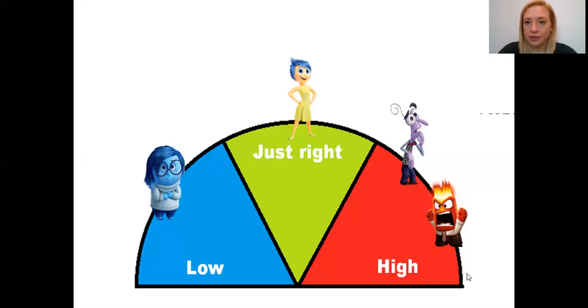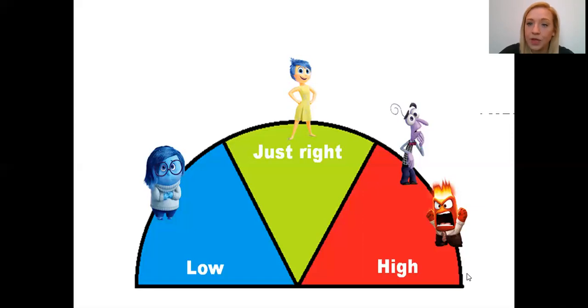So the just right zone we talk about as feeling, in school we talk about it as feeling ready to work. So at home, thinking about it as feeling calm, happy, and ready to focus on an activity. So with our children in this zone, we should see that they are calm, that they're able to pay attention, that they're able to sit on the carpet, sit at a table, and focus on either an adult-led or independent